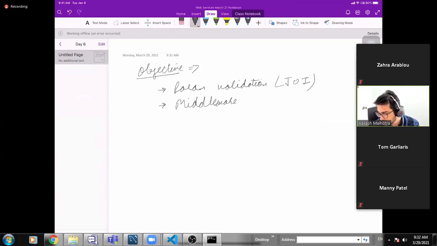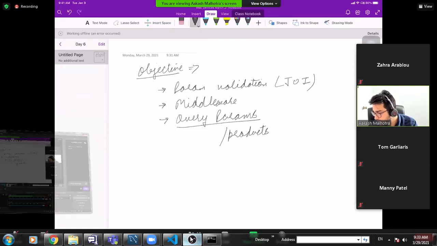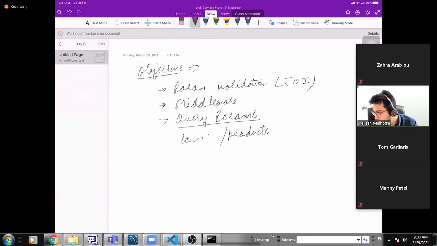Pattern validation. We would also do query parameters, right? Query params, right? Do you guys remember anything like, let's say, products, right? And if you're making a call on localhost 3000 products, and then you get a